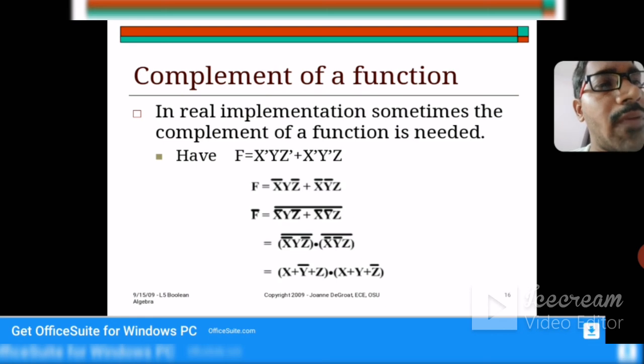According to Boolean expressions, the OR operation can be converted to AND operation, and the two terms have an individual bar or individual complement. We have to find out the individual complement of the two terms. Again, for the first term, for calculating the individual complement, we have two AND operators. So according to De Morgan's law, the AND operator should be